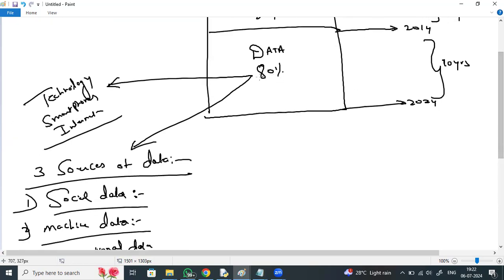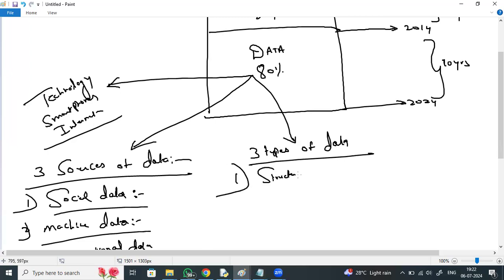And mainly this data is going to occupy three formats, three types of data: structured, semi-structured, and unstructured.